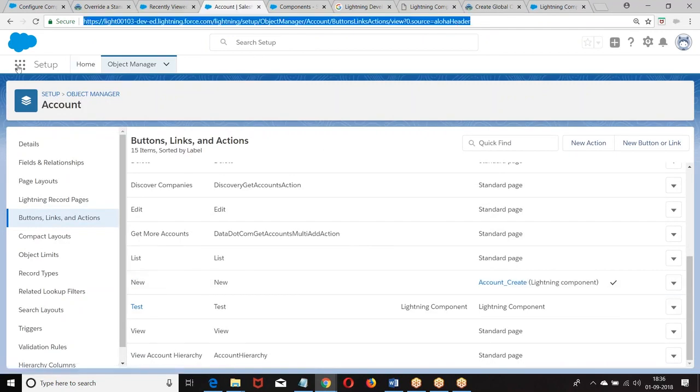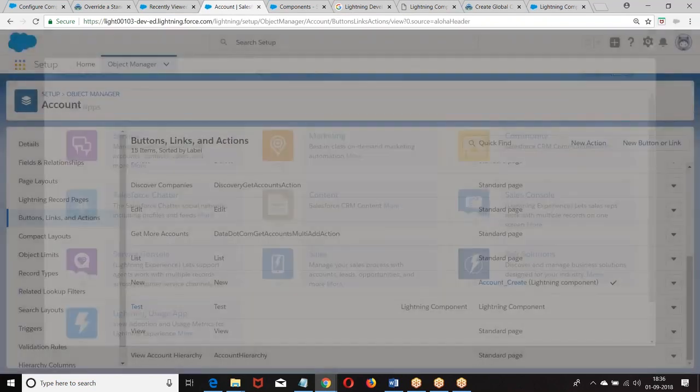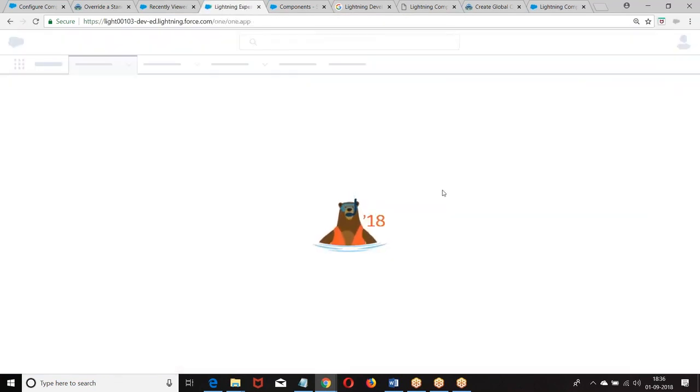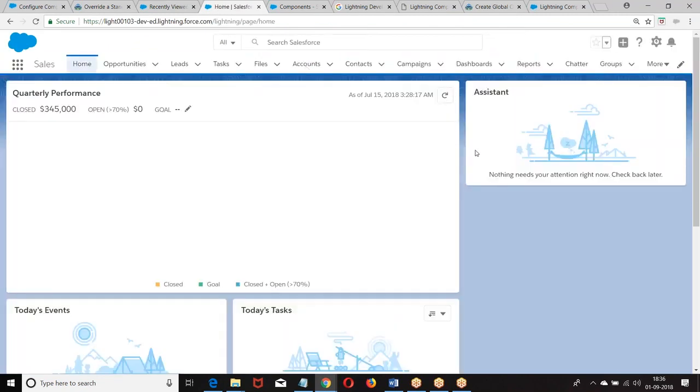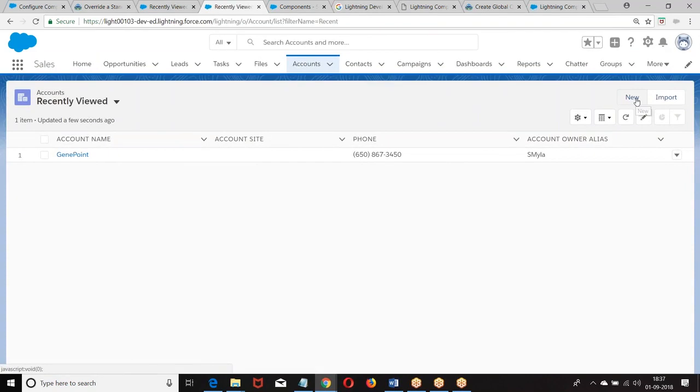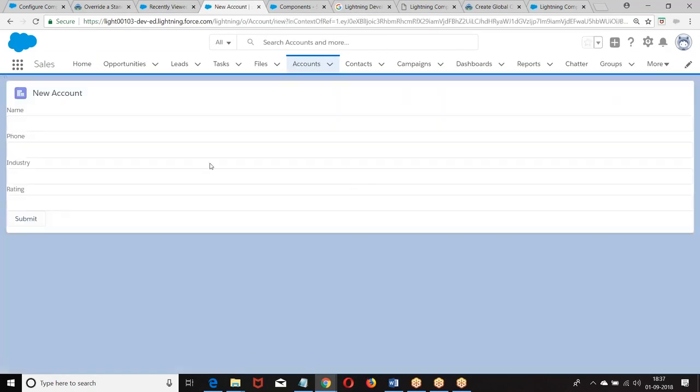Not applied like this. Okay, let me go back and see. This is so custom, I told you already. Now it is coming as a page. You don't want to do this.